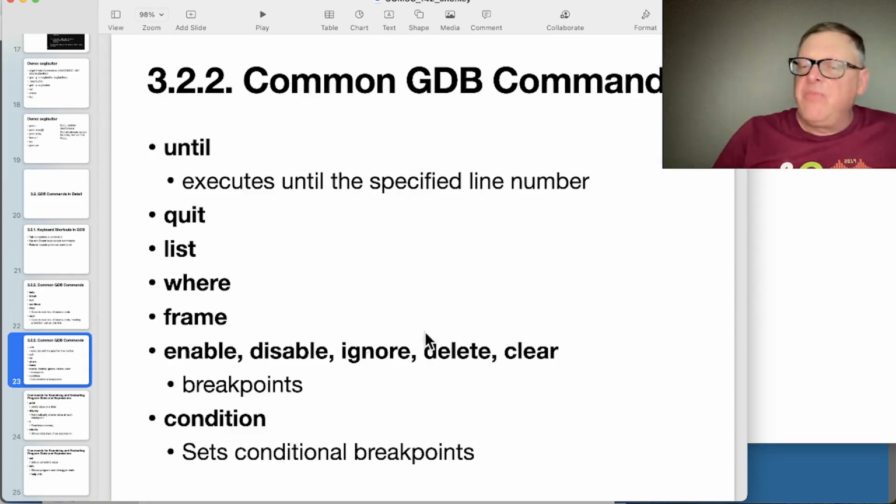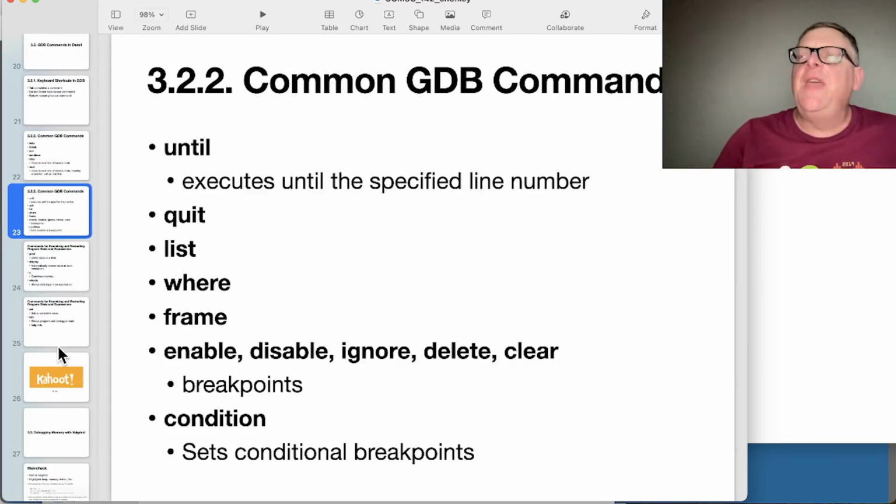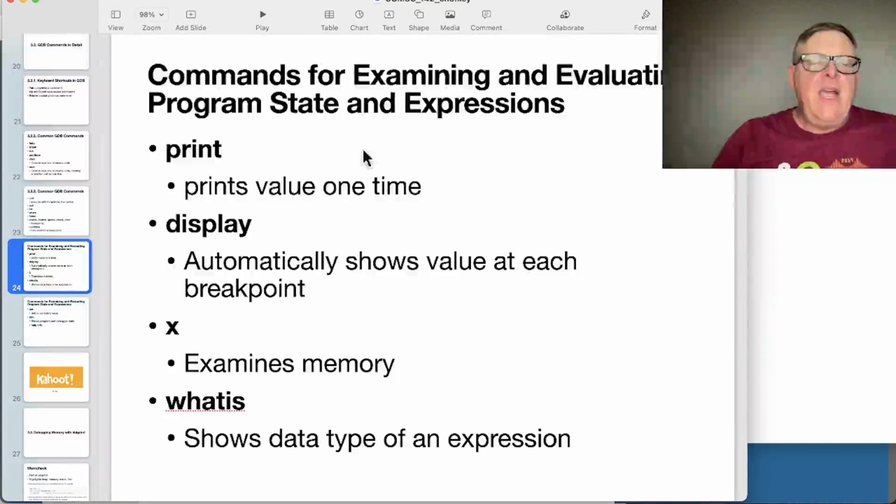And you can do a lot of things with breakpoints. All I ever do is set them and delete them, but you can do a bunch of other things with them. And you can even set conditional breakpoints, which are an advanced feature where you do some kind of calculation and you only break if a certain calculation is true, which I've never had to use. But if you're doing complicated things, you might need to do that. And you can print a value of a variable. You can display a value of a variable at each breakpoint. You can examine raw memory with x, which is mostly what I use,